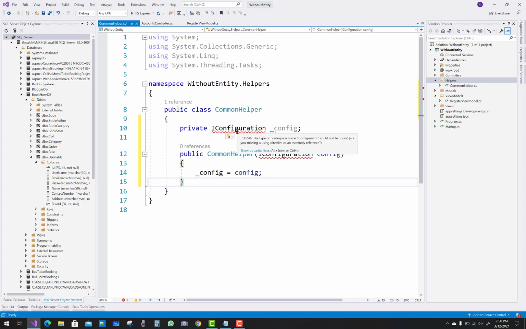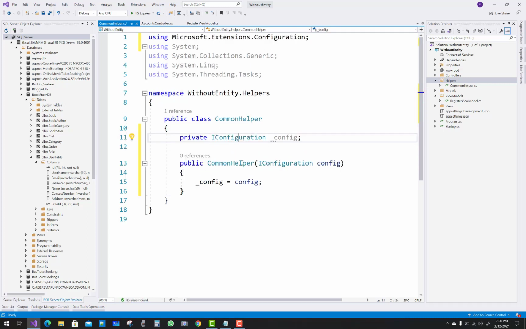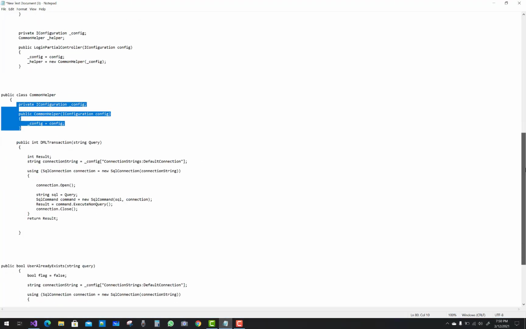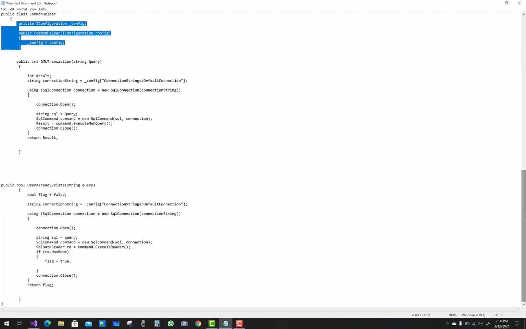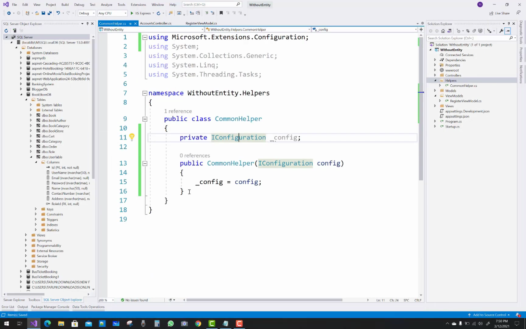So initialize IConfiguration in the constructor of the common helper class, as an object, or you can say instance. After that you have to add that method, similar to the method you can see in web forms, or you can say in ADO.NET.